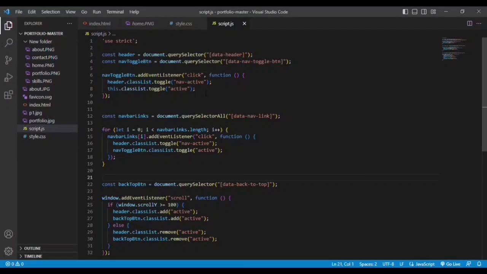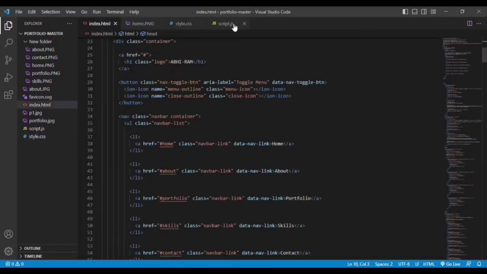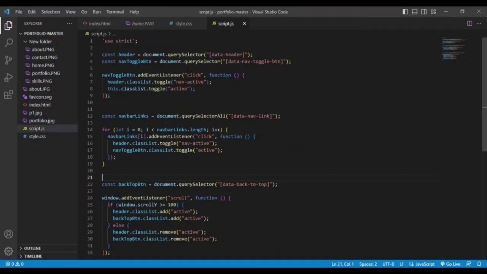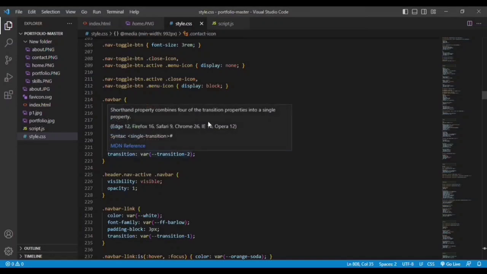Then it will display the menu bar, because right now we are keeping the nav toggle button and close button as display none, so it will be invisible to us. And whenever you click on the button in the menu bar, the add event listener will work and listen to the click, then it will add nav active and the active button class to it, because of which the display will become block. That means the menu bar will display